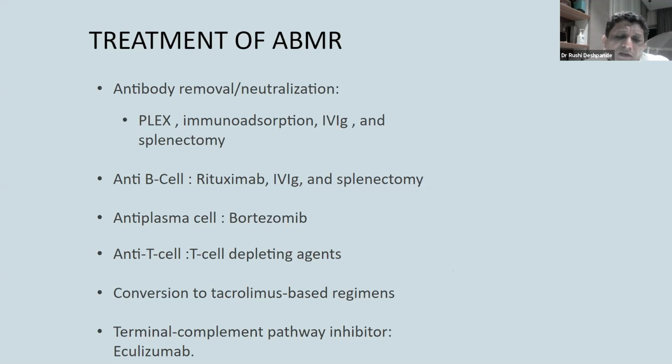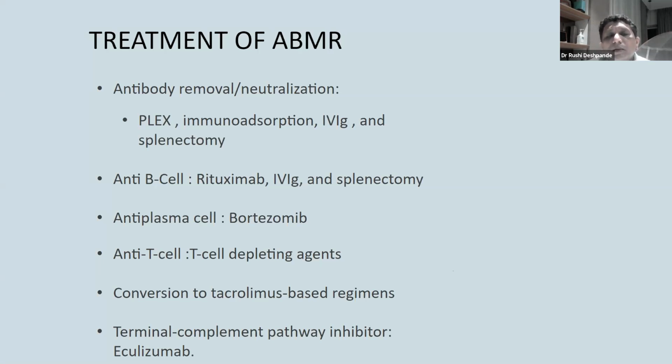Eculizumab is very expensive, but it blocks the final injury pathway, which is usually mediated by the complement. After your antibody has bound to whatever it wanted to bind to, the mechanism of destruction is manifested at the level of the complement. So if you have a complement pathway inhibitor like eculizumab or an anti-C5a antibody, it can just block the response, irrespective of what your antibody is doing. But then, like I said, it is prohibitively expensive and very infrequently used, not available in our country right now.